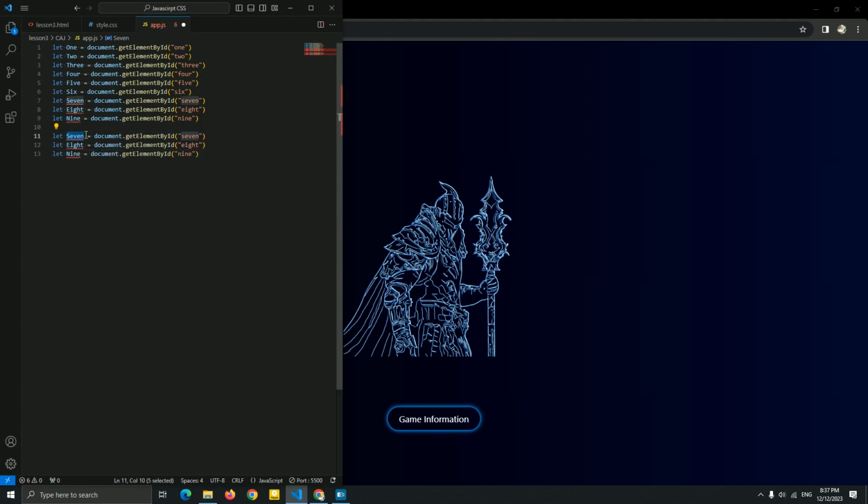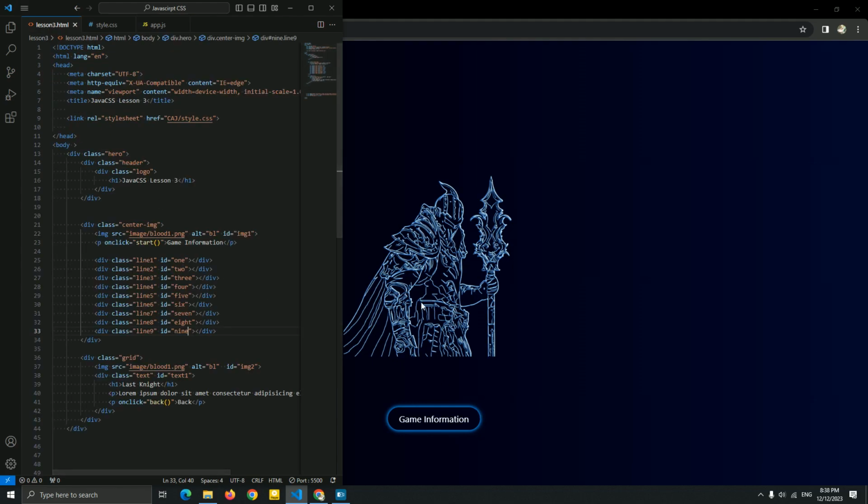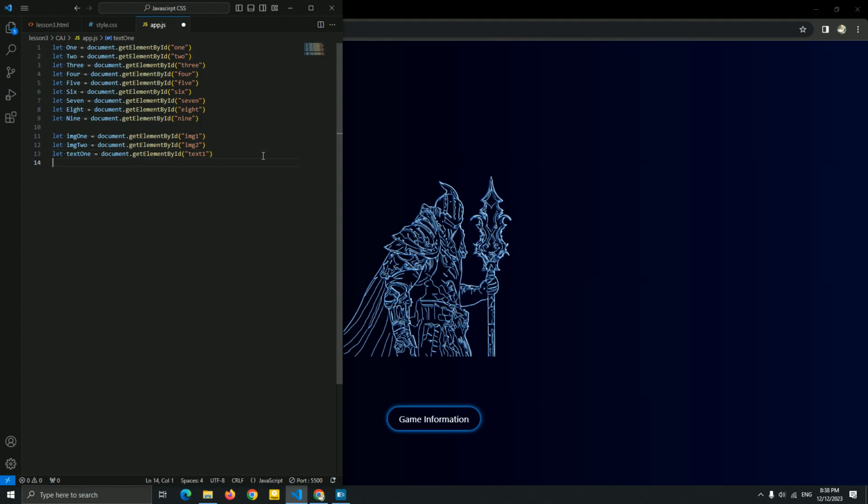First image 1, which is this image, as you can see it. I name it image 1. Image 2, the next image. And the text 1. Okay, let me the text 1 and this be text 1. Image 2, image. Okay, very simple. Now let me start. So we have this function of onclick of the start. So let me just add a function of the onclick for this JavaScript CSS. Start.